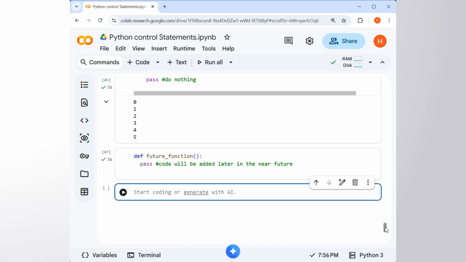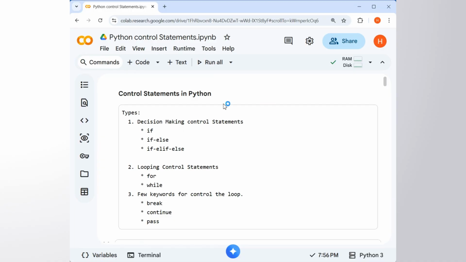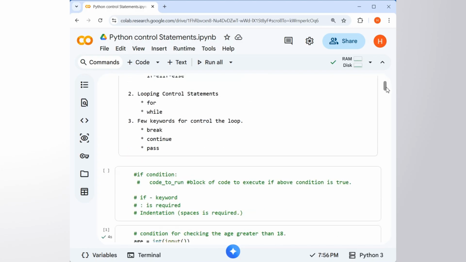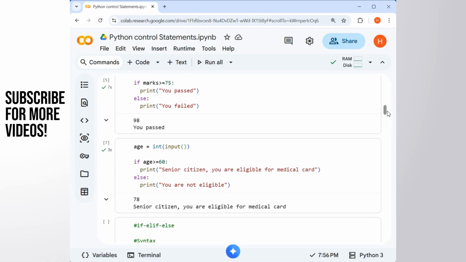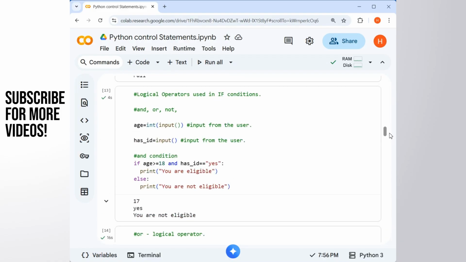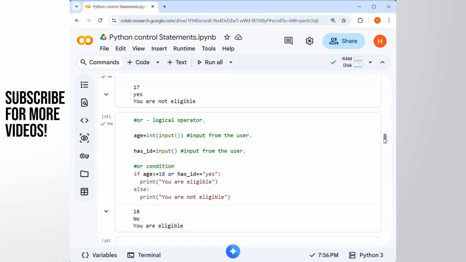So the overall summary is, we have two different types of control statements: decision making control statements, those are if, else, elif, and looping control statements, those are for and while. And we have 3 keywords: break, continue, pass. These 3 keywords are used to control the loop, and we saw how to declare them using proper syntax and examples, and we saw the logical operators used in if conditions, then for loop and while